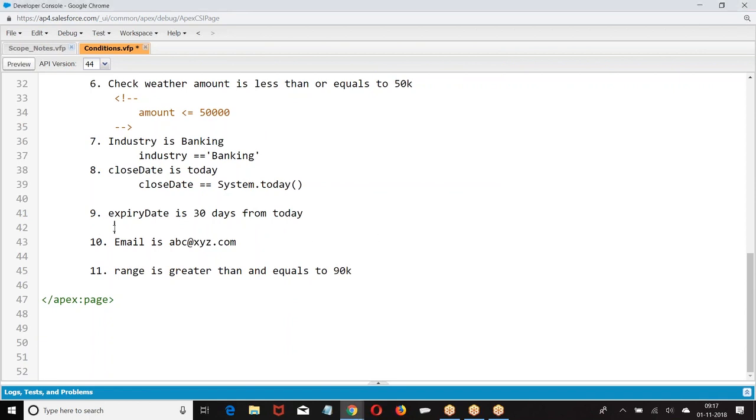Now, expiry date is 30 days from today. Today is what? System dot today plus 30, today's date plus 30 days.